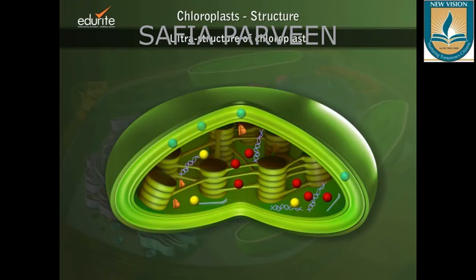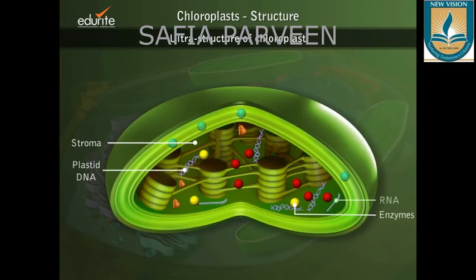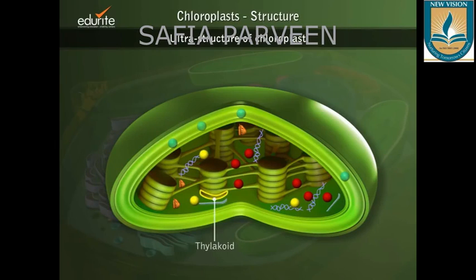Inside the chloroplast, in the stroma, which is the liquid portion of the chloroplast, there are several enzymes, and plastid DNA is present, as well as ribosomes. There is a third layer of membranes inside the chloroplast called the thylakoid, and because of the presence of three layers, there are three spaces inside the chloroplast. One is the intermembranal space, the second one is the stroma region of the chloroplast, and the third region is the lumen of the thylakoid.